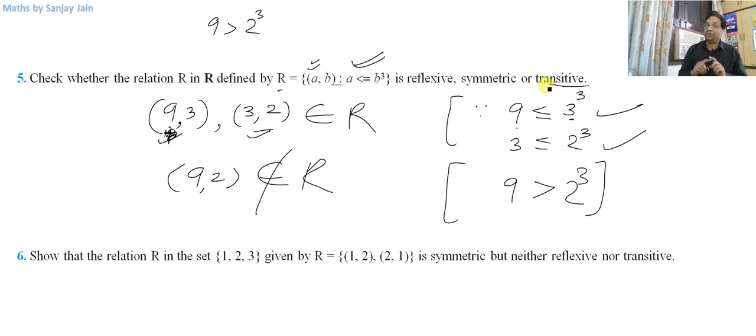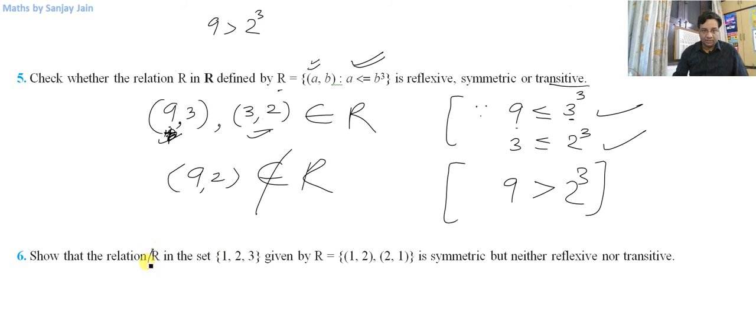For proving it not transitive, I just have to take one example. How did I know that I have to prove it not transitive? Again, first of all, I'll try to prove them not reflexive, not symmetric, not transitive, because that is easy for me. I just have to take one example. And another way to think about it: let us say you see this question and you start trying to prove it to be transitive. You take one or two steps and then realize that it is not transitive. Then you choose an example and prove that it is not transitive. Alright, I hope it makes sense.